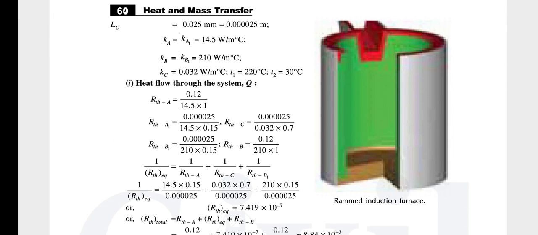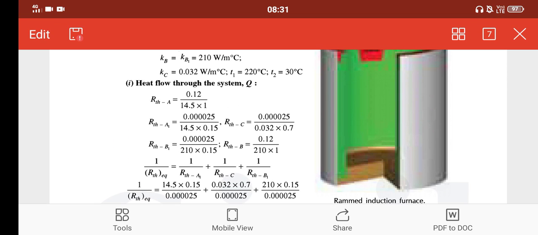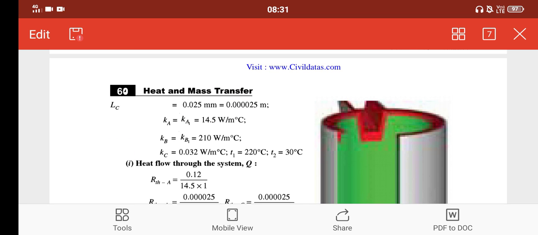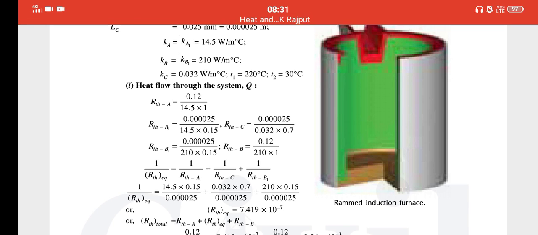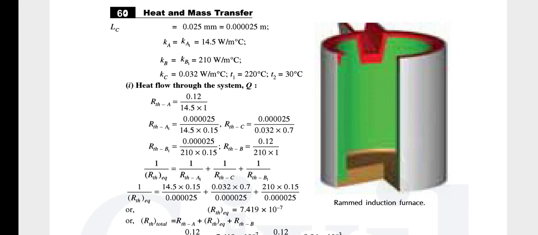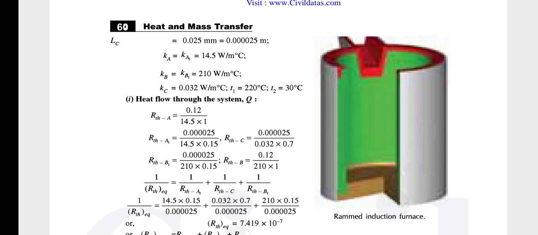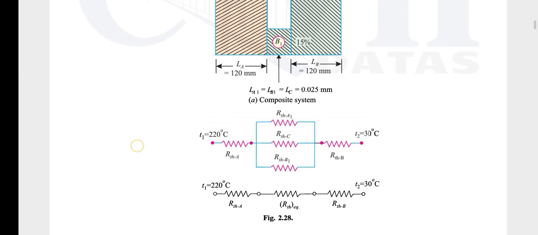See, I told you, for this 30%, many people will ask where the 0.15 came from, where 0.7 came from, 1 came from, it is not given. So 100 means 1, so area 1, and the remaining is 30%, 15%, 0.15, 0.15, and the 70%, 70 by 100, 0.7. And the rest of the things are given.